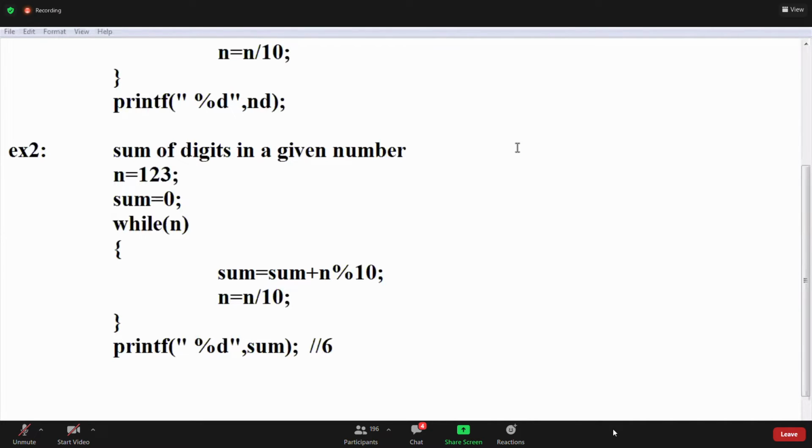Yeah, if you enter it from the user also, the sum for n equal to 123 is 1 plus 2 plus 3. For example, any number you can take, guys. If you take another, then the answer will be different, right?